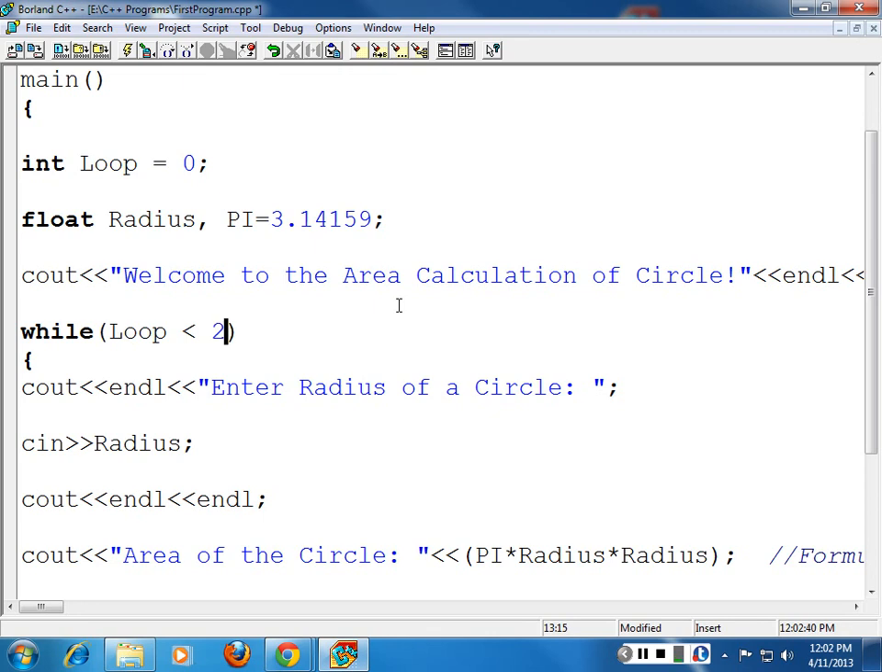Now what does it mean? It means run the loop as long as the value of the variable loop is less than 2. Look at how we initialized it. At the beginning we said the loop equals 0, right? That means that at the beginning the loop will be 0, which is less than 2, right? So at first it will be running for sure, right? And every loop,